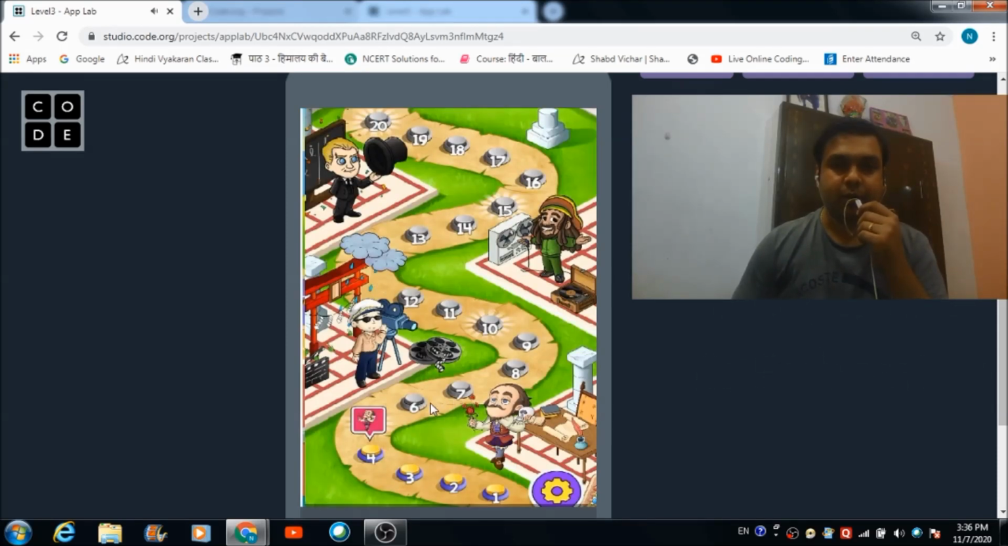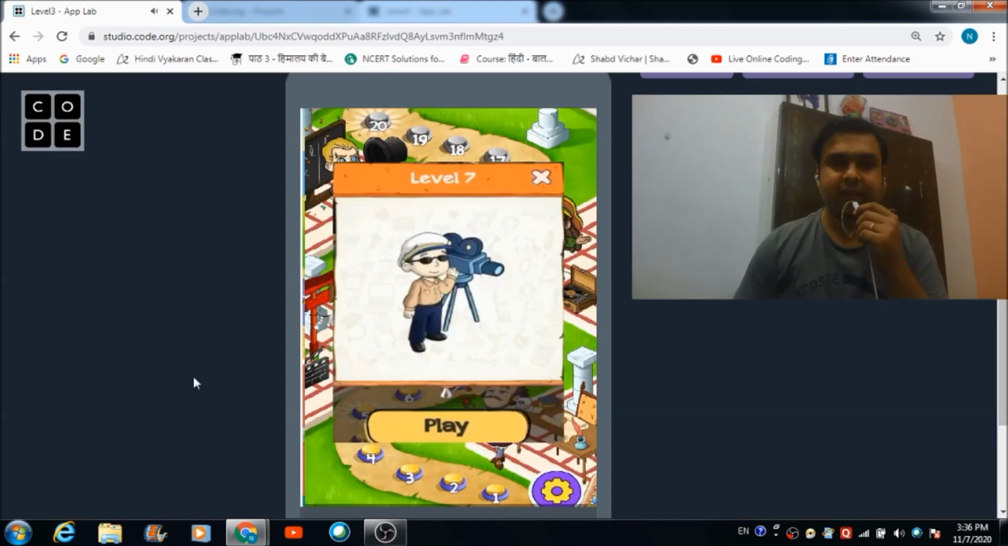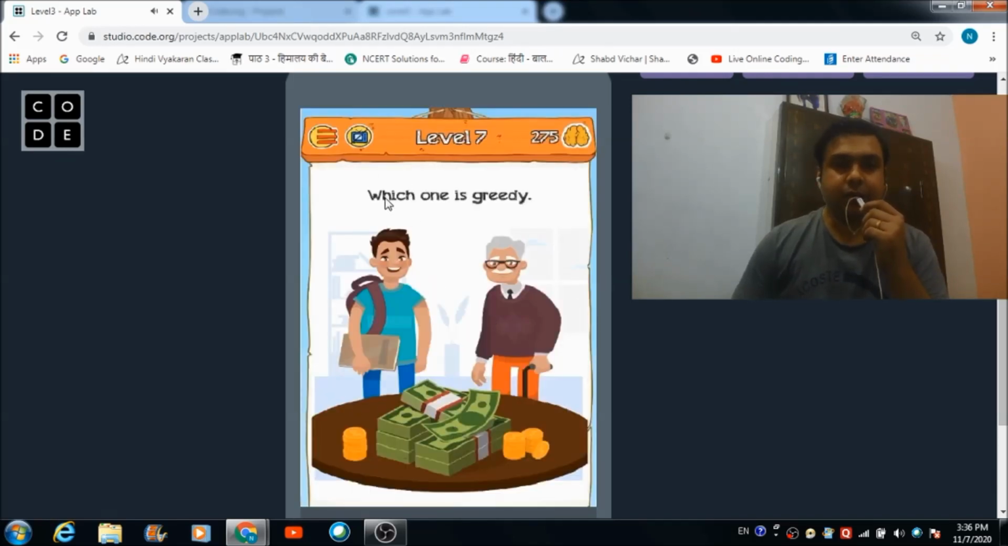Let's check out what we have in this level 7. So here is the picture of level 7. Let's hit this play button. So which one is greedy? We need to find that out. Do we have any clue over here? Okay, there are some coins and notes kept over here on this table. Let's hit this